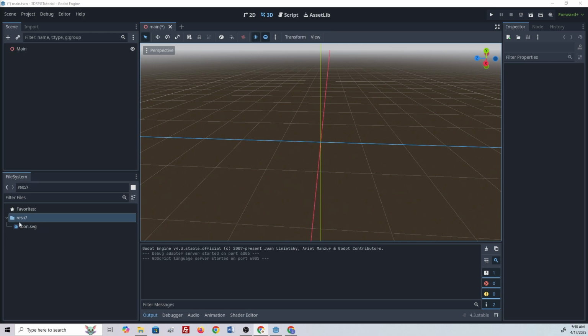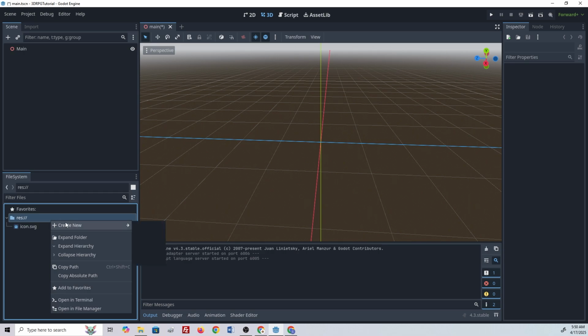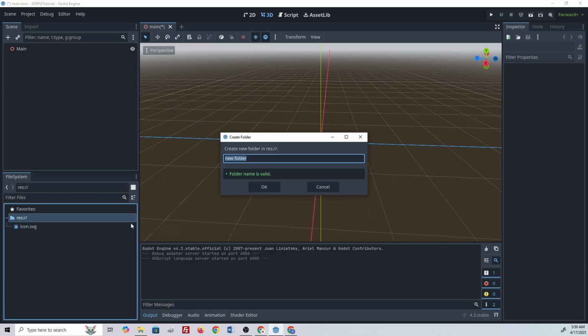Down here in the bottom left in this file system, we have this RES folder. RES stands for resources. That's going to hold everything for your project. We're going to right click on that, go to create new, and then choose folder. In this folder, we're going to create an assets folder,